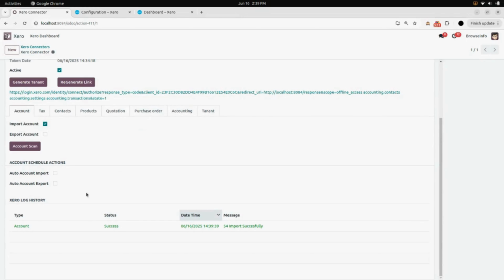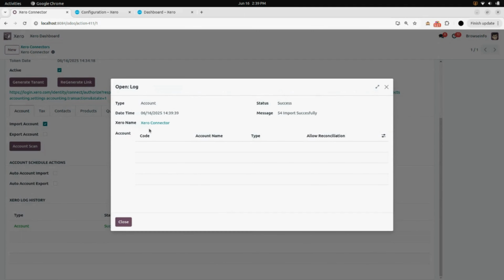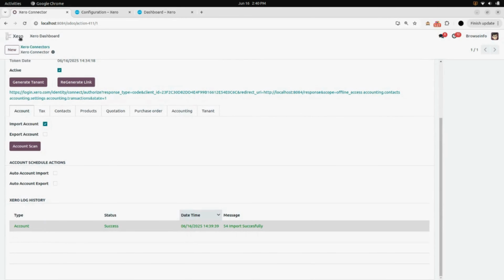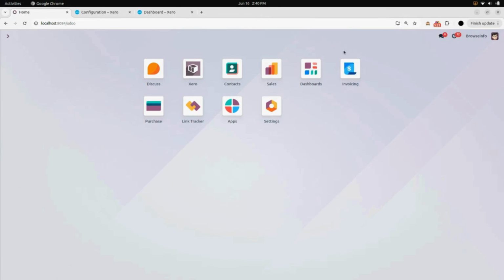So we can see under Xero log history also, the type is account, the status is success, the date and time is this, and the message is 54 imported successfully, which means 54 accounts are imported into the Odoo from the Xero. To check that, we will go into the